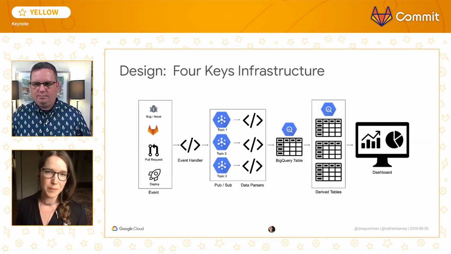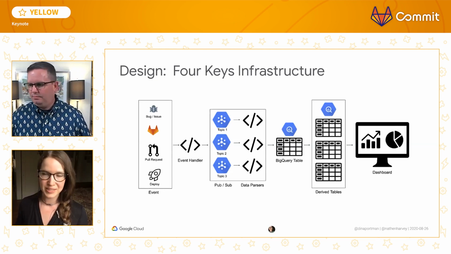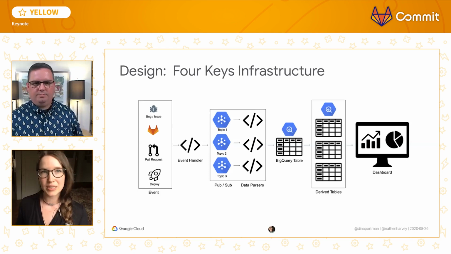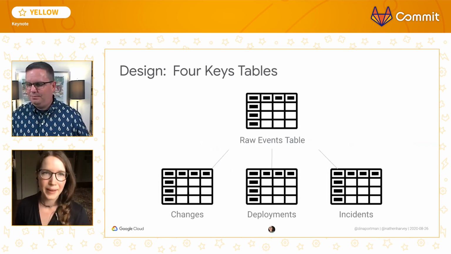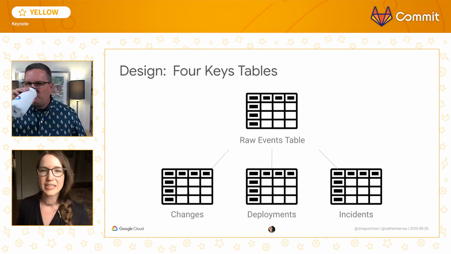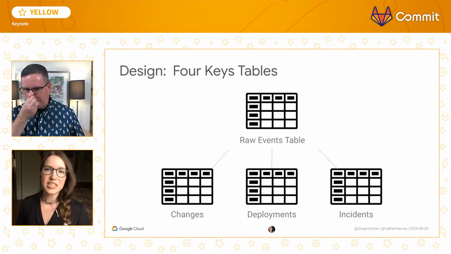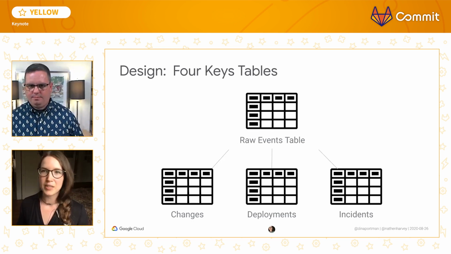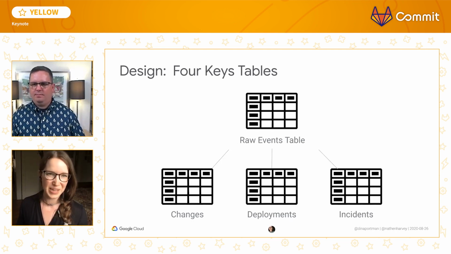And the solution that we came up with was to create a generalized pipeline that takes in events via webhooks, ingests them into BigQuery. The known data sources are parsed properly, and any unknown source can be recategorized via a SQL script downstream. Data mapping is really the crux of the issue. This 4 keys events raw table is, in essence, a DevOps log. It should contain every event related to development, deployment, and incident management. When in doubt, stream it into the table.